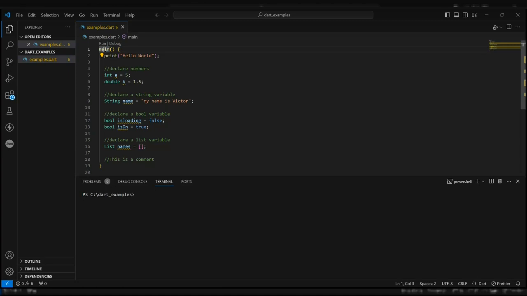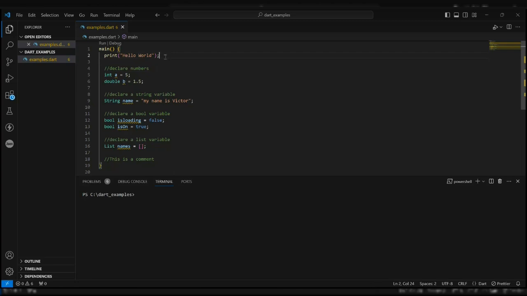a block of code. So to actually start writing code in Dart, you don't just start writing like that. You must enclose it in this main block. So we have the main, and then close with this closing curly braces.